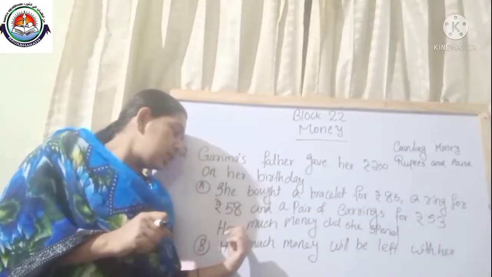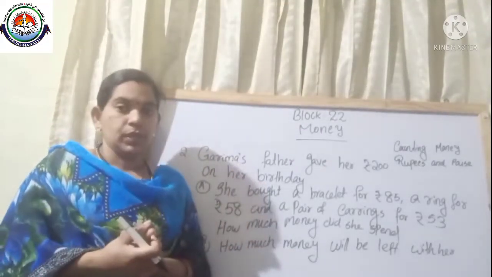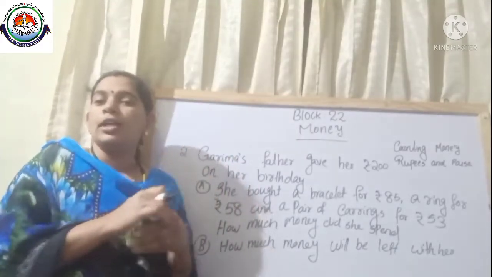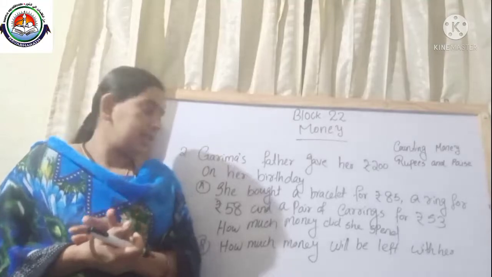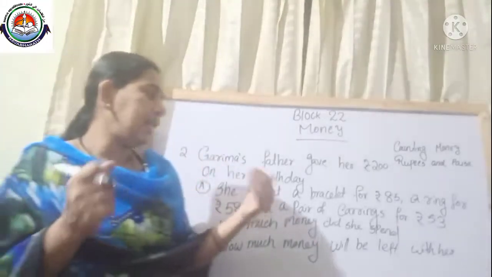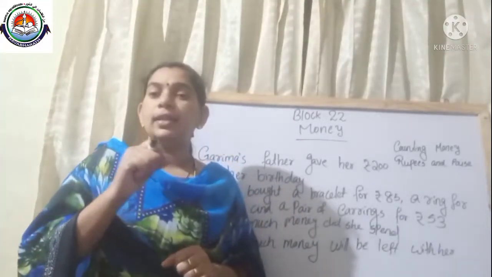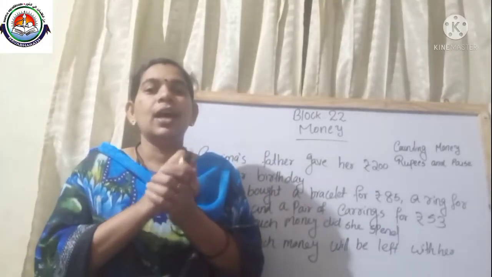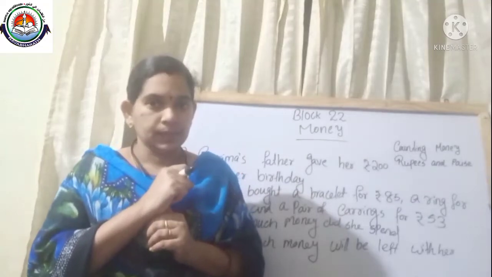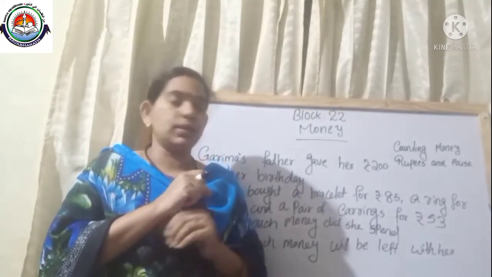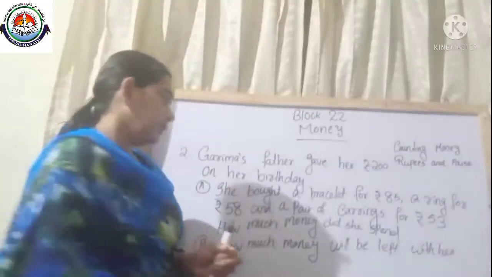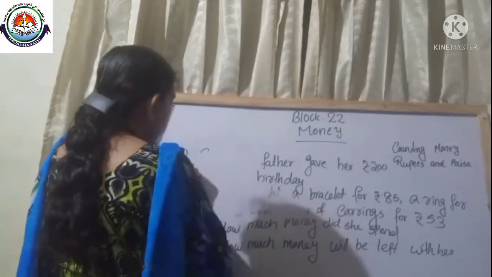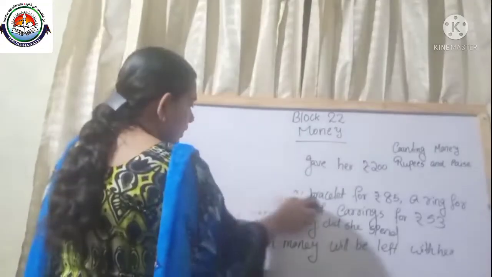So the first question is, how much money did she spend? How do you get it? Yeah, you find the total, you will get the answer. Then the second question, how much money will be left with her? How do you find that? Yeah, how much money she had, minus how much money she spent. That is the answer. We can do some answers. So I hope that all have written the questions. I won't write the answer here, so I will just clean this.